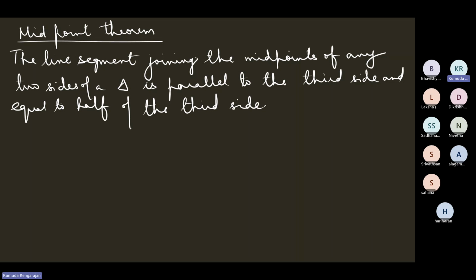The line segment joining the midpoints of any two sides of a triangle is parallel to the third side and equal to half of the third side. Okay, so